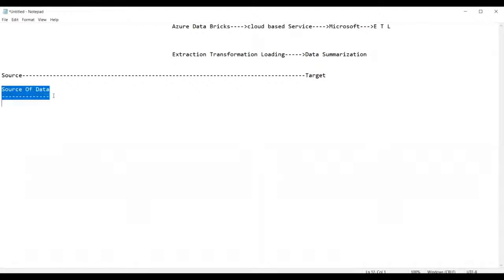The place from where we get the data is called the source of data. So we can get the data from files. But ultimately the files also receive the data from the business. We all are working for the business. Even though you are working as a data engineer, you are working for a business. Yes, everyone.